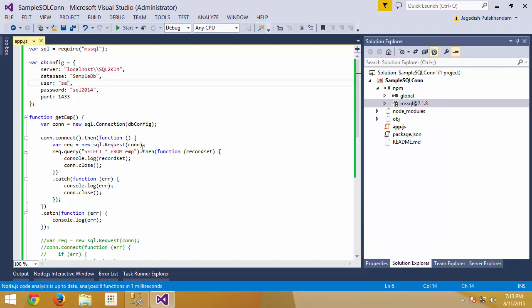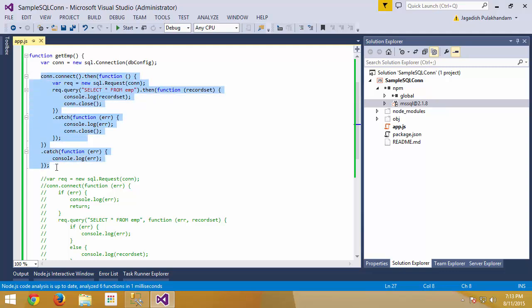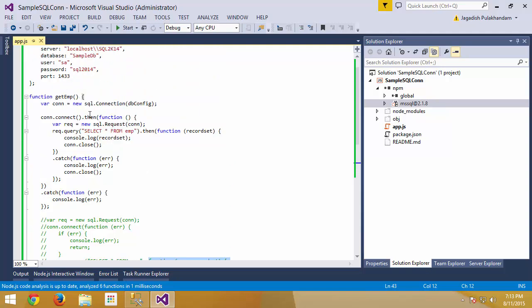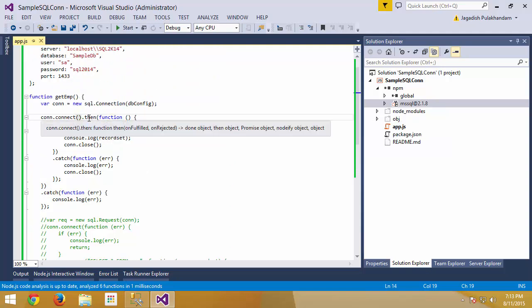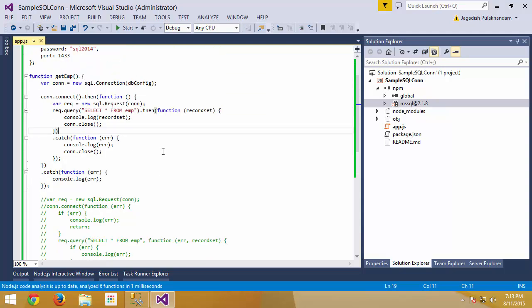So you can use either of these two approaches. You can use the promise-based programming methodology, or you can directly use the existing asynchronous way of how it is providing. So you can just be using the callback methods only without really depending on the promise object. But if you are working with the promise object, then you have the flexibility like then and catch, and similarly then and catch. So this is pretty much how you can connect to SQL Server using the mssql package as